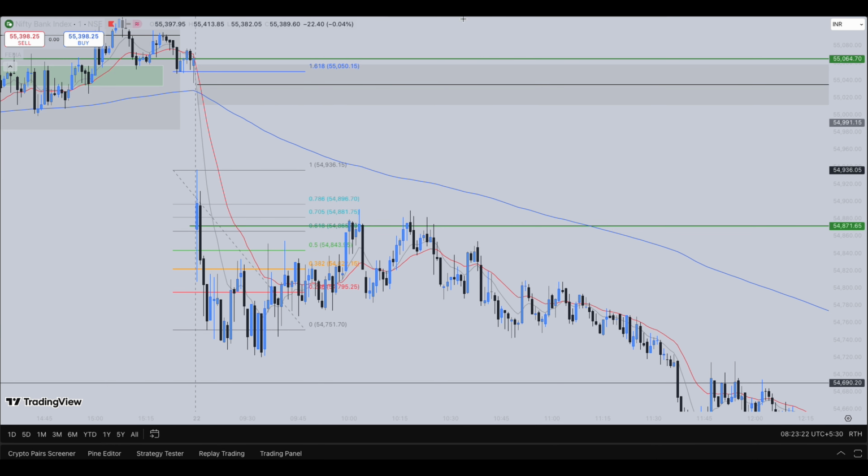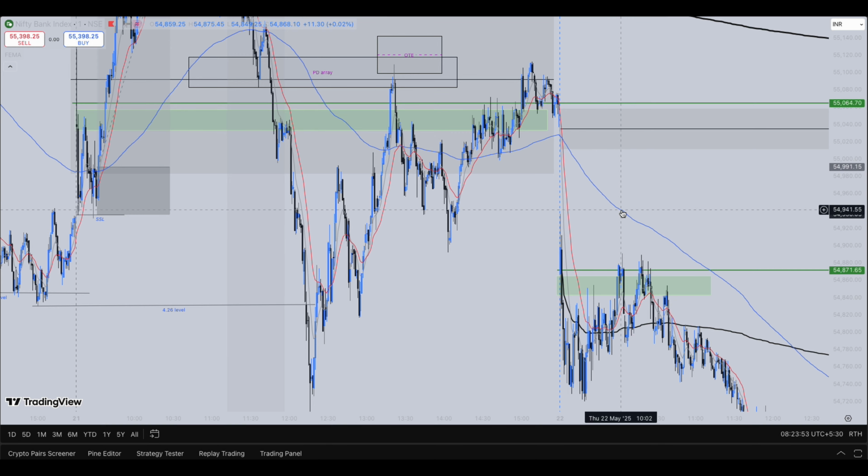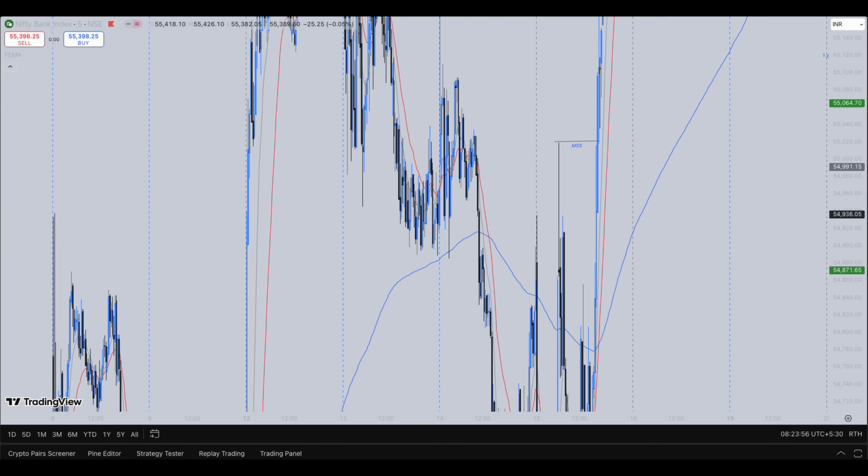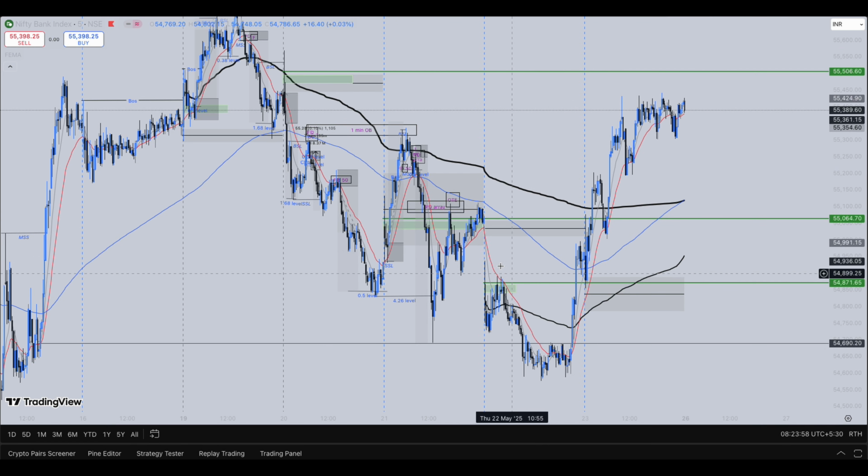So what happened? You can see here that even in a 1 minute time frame, guys, the market is trading below the 200 moving average. So let's look into a 5 minute time frame. What happened on Thursday? You can see in a 5 minute also the market is trading below the 200 moving